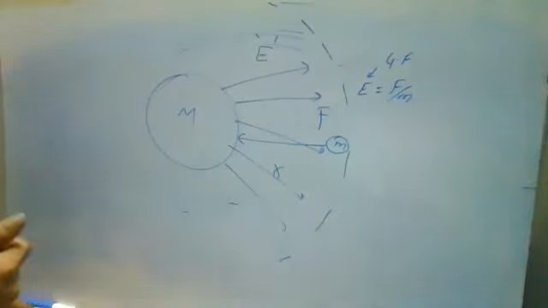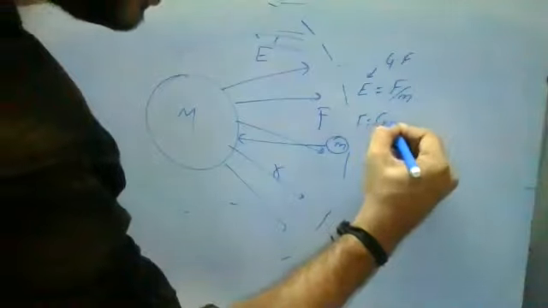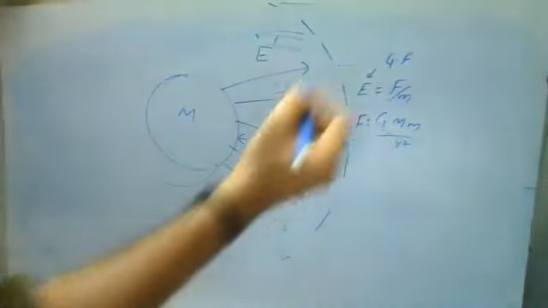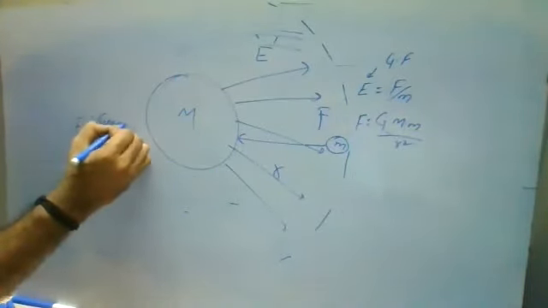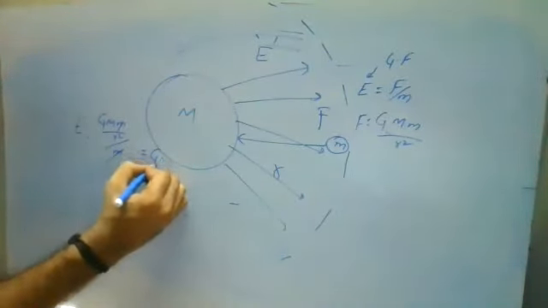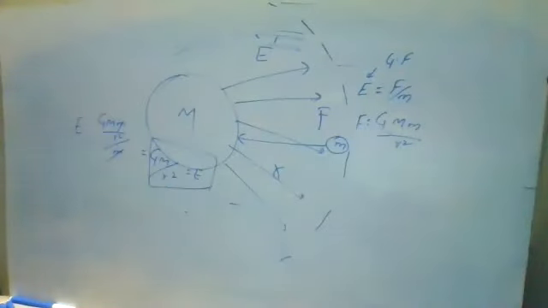Now, we already know from the universal gravitation constant that the formula is F is equal to capital G, capital M, small m by R square. Substituting this relation in E, E is equal to capital G, capital M, small m by R square, divided by small m. Small m will get cancelled. So it is G M by R square. It is your gravitational field E. Remember, E is equal to G M by R square.